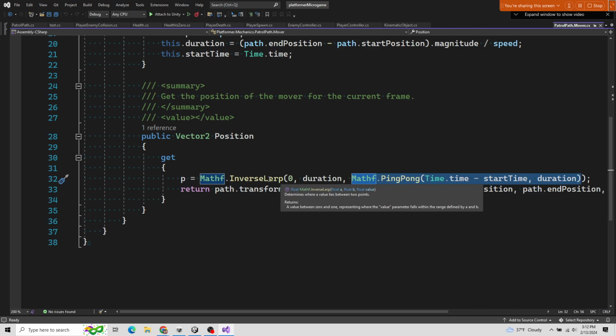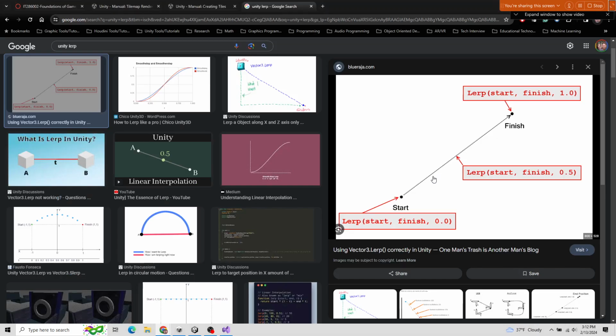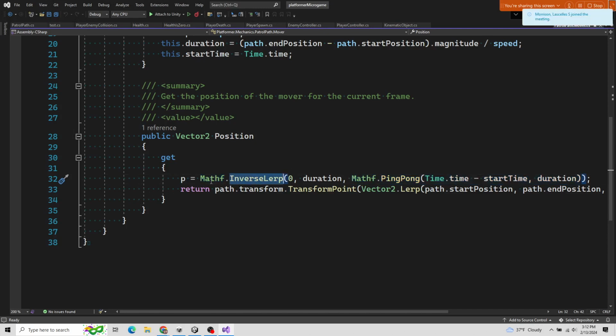So pass in your current position in your journey, and this will tell you basically how far you are in completing your journey. It'll give you back something like 0.5. If I say this is my start, this is my finish, and this is where I currently am, an inverse lerp will say, oh okay, you're at 0.5, you're halfway through your journey. So whatever, this p value